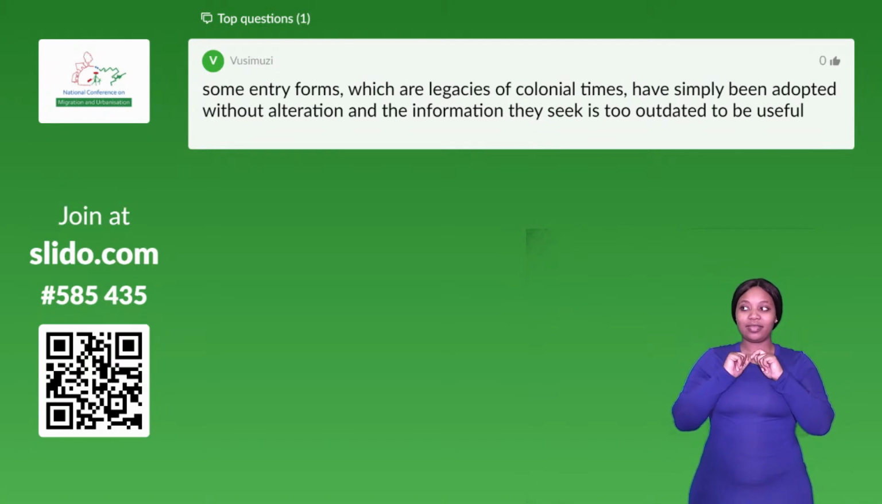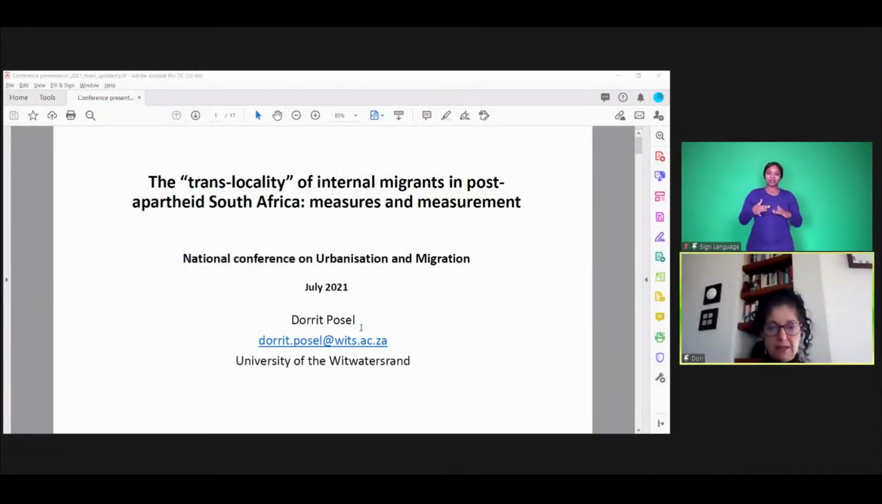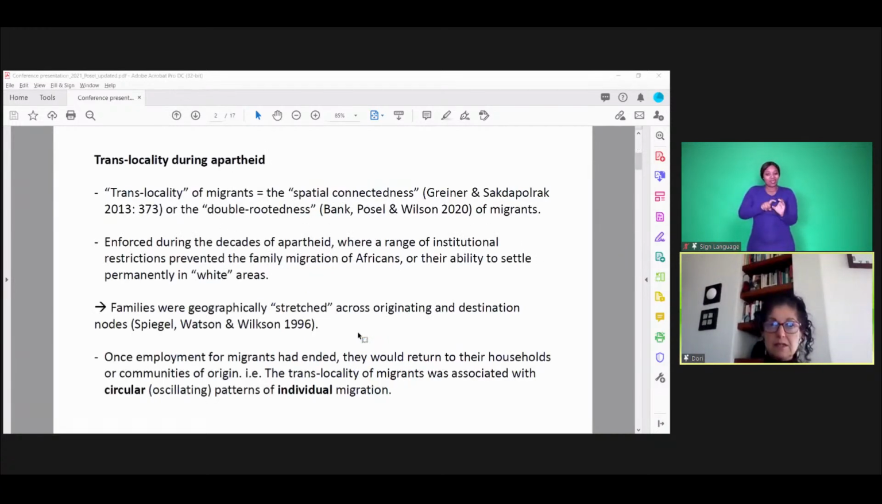So my presentation today is on the translocality of internal migrants in post-apartheid South Africa, where I'll be looking at issues of measures and measurement. And it talks a lot to at least 3 of the presentations that I've heard yesterday by Pedzai, Karen, and Armstrong. So what I mean by the translocality of migrants is their spatial connectedness, or at times the double-rootedness of